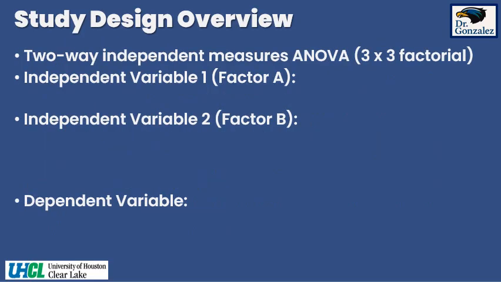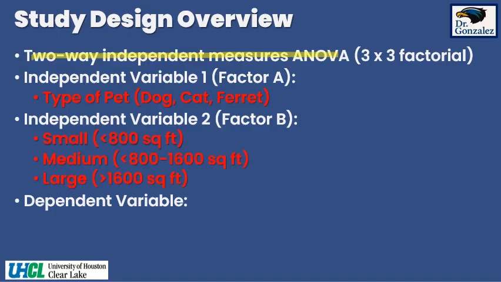So our design is a two-way independent measures ANOVA. It's 3x3 factorial. Our independent variable number 1 is the type of pet, and we have dogs, cats, and ferrets in this example. Our second independent variable is the home size. So we have small, which is less than 800 feet, medium, which is 800 to 1600 square feet, and large, which would be anything greater than 1600 square feet. And that is a very quantifiable